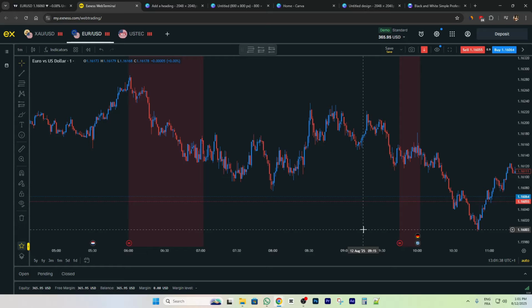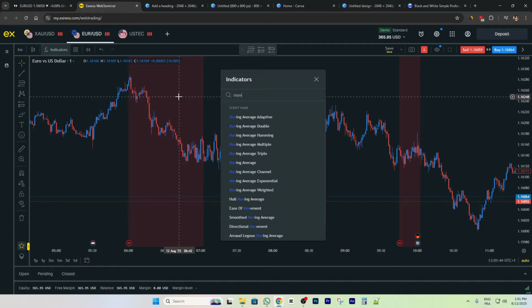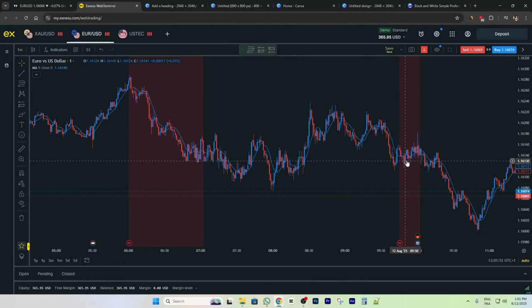So first of all, open your Exness chart, then go to indicators here at the top left. Click on it, then type moving average. Now choose this one, click on it, and this is our moving average, but we have to change it to